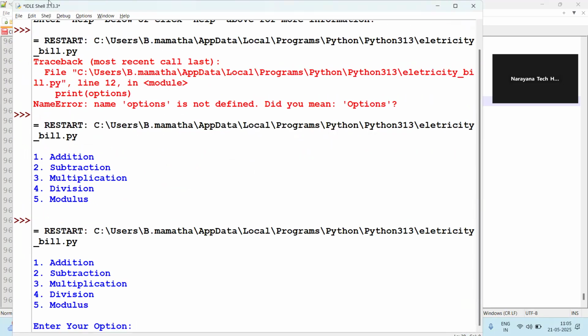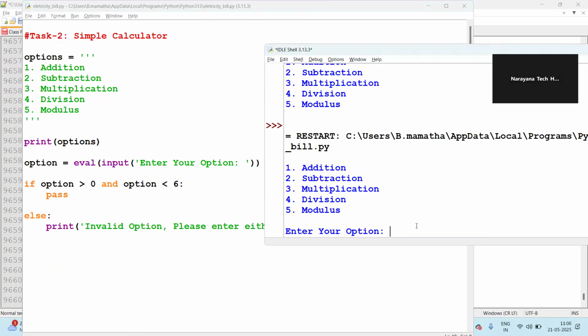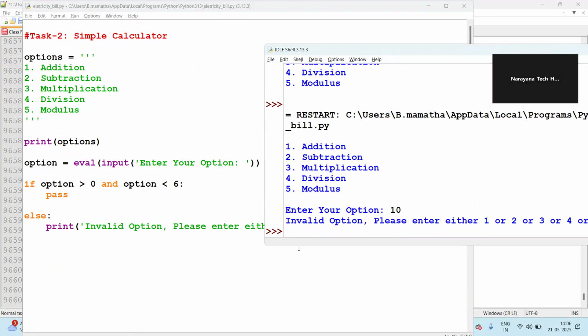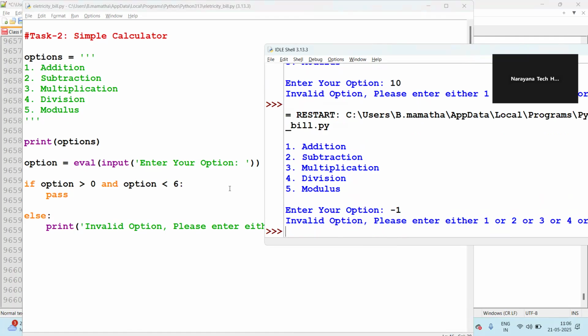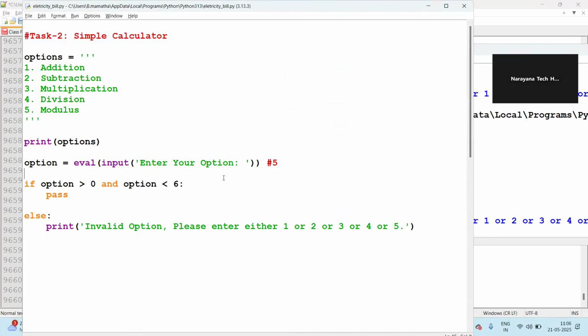Choose the option, right? Okay. Enter your option. I am giving the option 10. 10 is the if true or false? The if is false. Go to the else block and display invalid option. Please enter either one or two or three or four or five only. Okay. So if I give minus one also, the same thing will come. Enter either 1 to 5. It's invalid, right? Suppose you give any number which is between